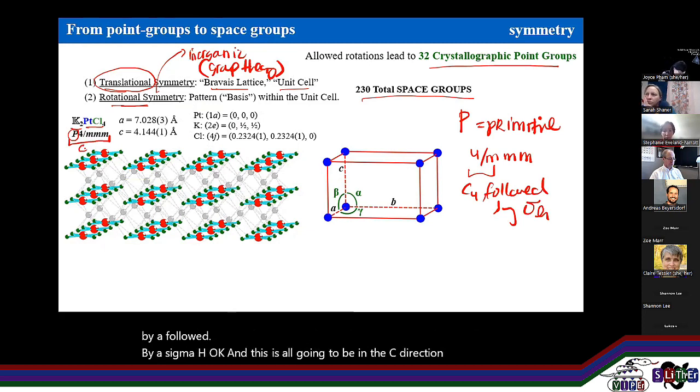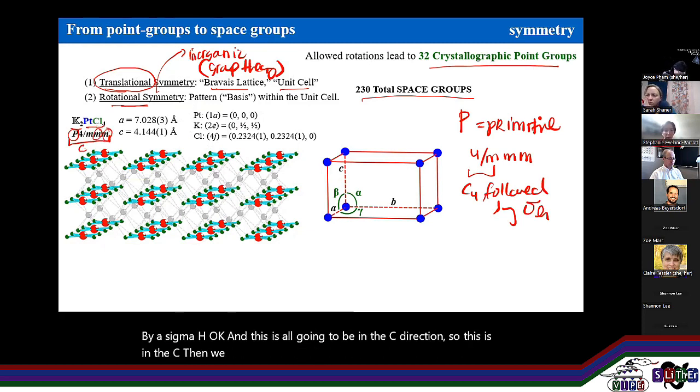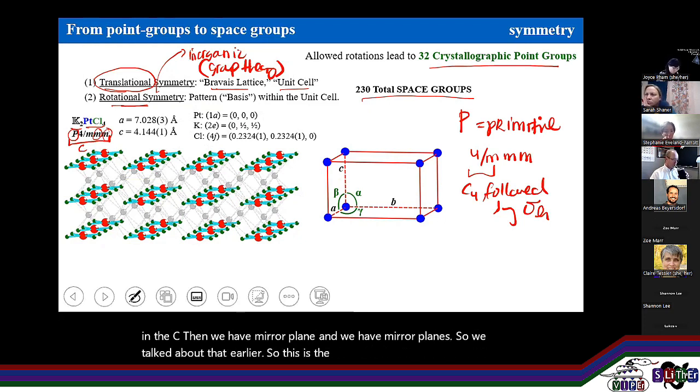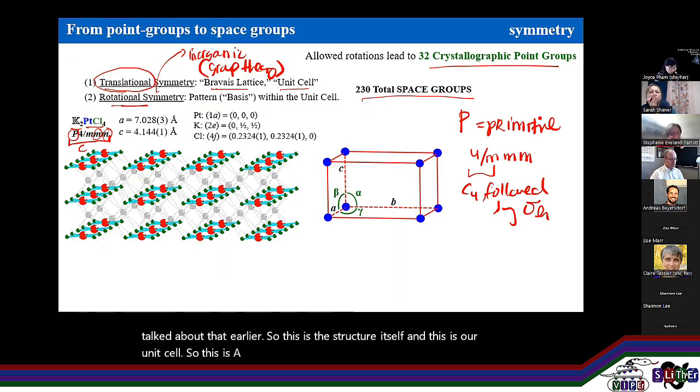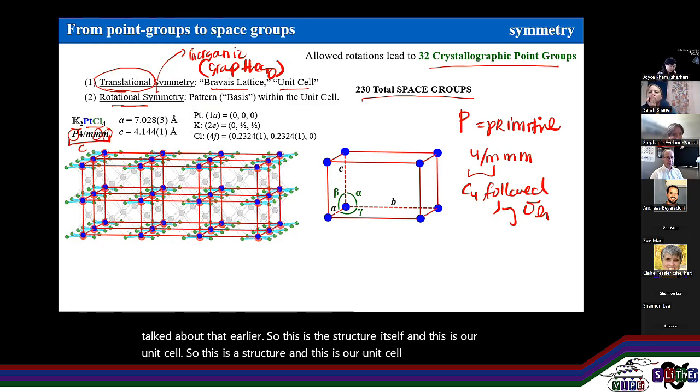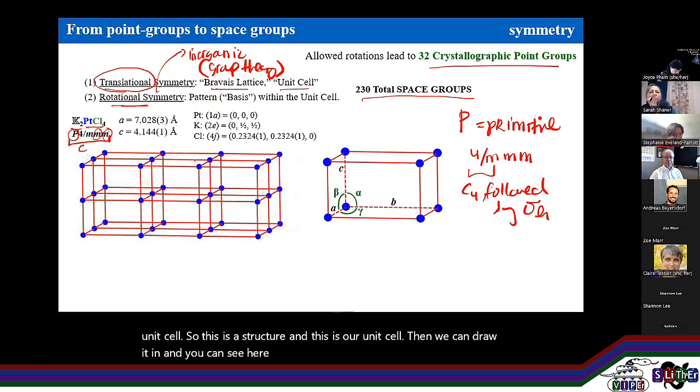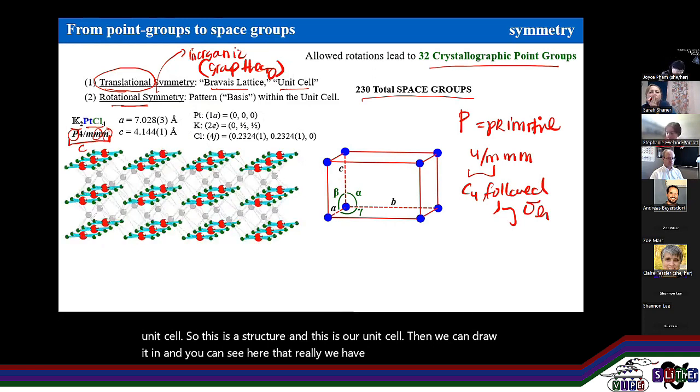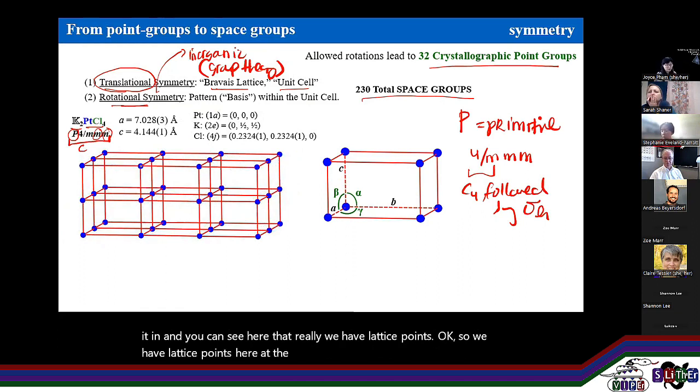Then we have mirror planes. We talked about that earlier. If this is the structure itself, and this is our unit cell, then we can draw it in, and you can see that we have lattice points at the very corners to signify that we're dealing with a primitive